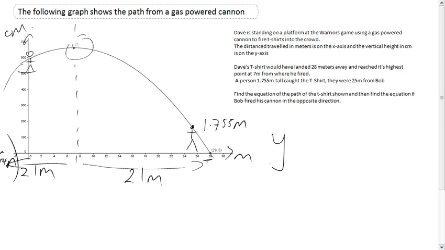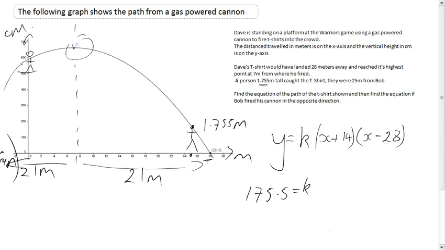So I know that there's going to be a scalar. I know that one value is 14, and because it's on the left hand side of the equals, it's going to be a plus 14. I know the other value is 28. At this point I use my point, my 25, and I've got to remember that that's in meters and my y-axis is in centimeters, so that is 175.5